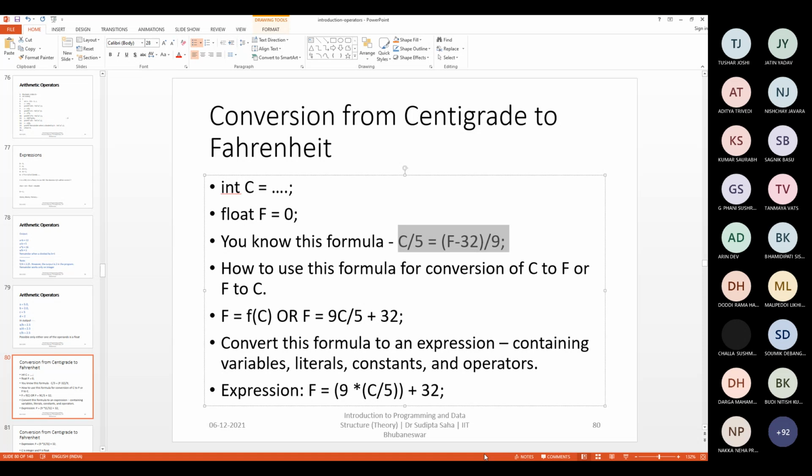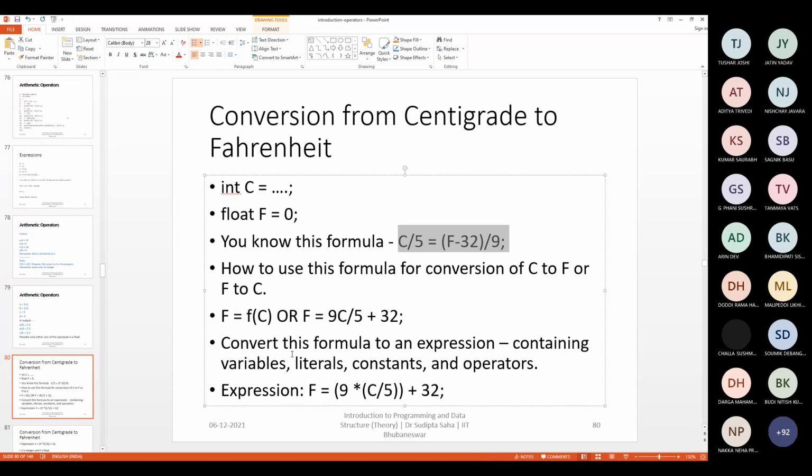Here, the starting point is to convert a centigrade value to a Fahrenheit value correctly without missing any fractional part. That's what we need to learn: how to convert these formulas and use the right combination of float, integer, double, to get the correct value. The best policy is to make all variables double and then use them. But if you don't know the issues, there will still be problems, because some literals will be there too, and these literals also have to be formatted properly. Otherwise, there will be issues. That's why you need to learn carefully in the first parts.